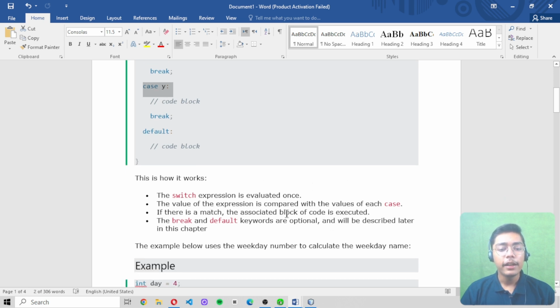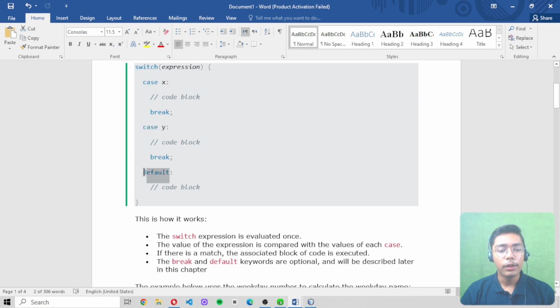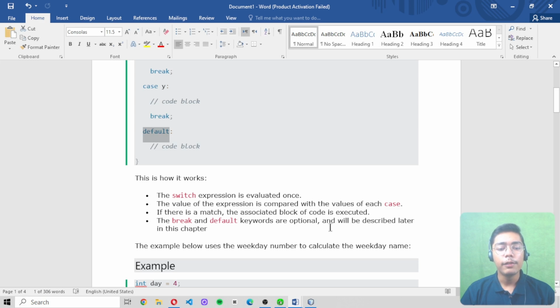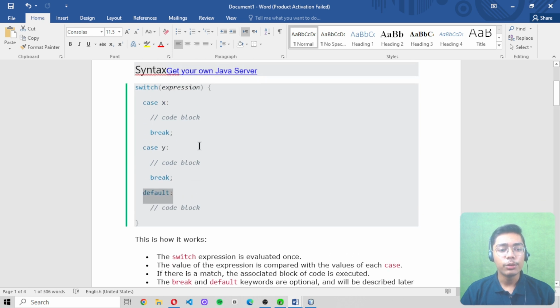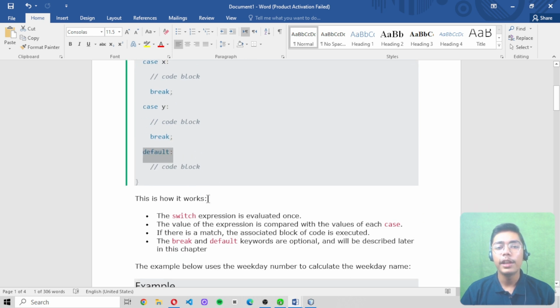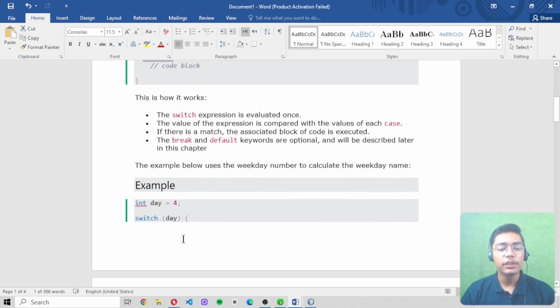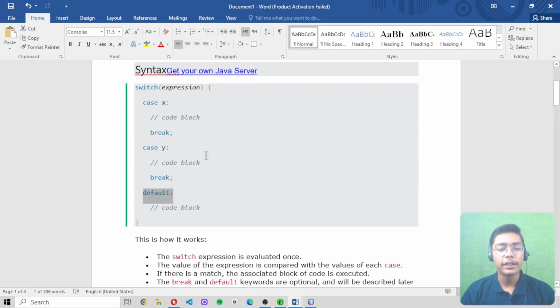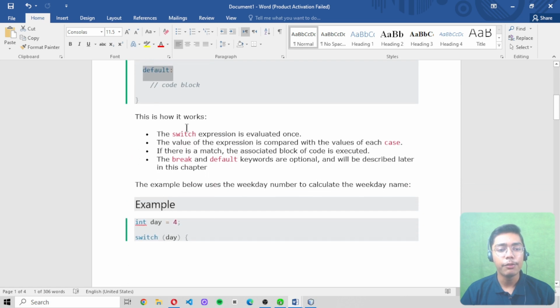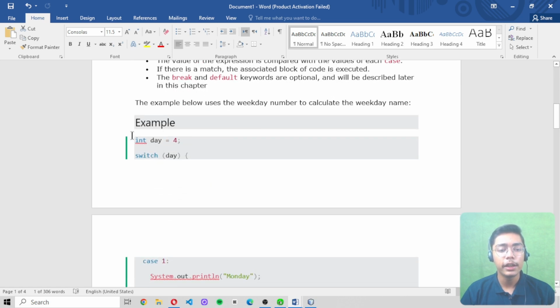And the break and default keywords, like this default keyword which we are writing in the end after these cases, are optional, and they will be described later moving forward. Means you can just say default, and one other keyword which we use in a switch statement is break. So these are not really important keywords, these are optional things, so we don't need to understand many things about these keywords here. So now we need to understand, if we are using this switch statement with an expression, with cases, and with these default or break values, how we are using it and how we are getting